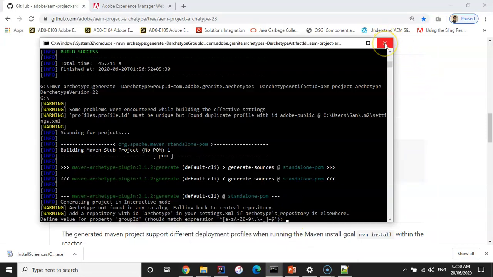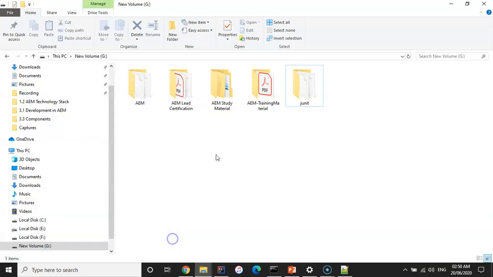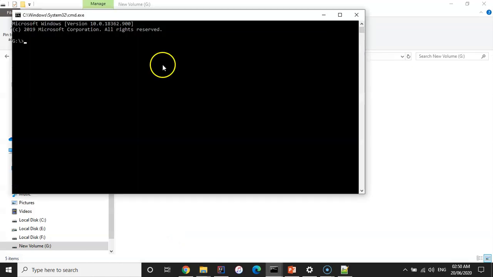Let me close this and create the new command and paste it over here.